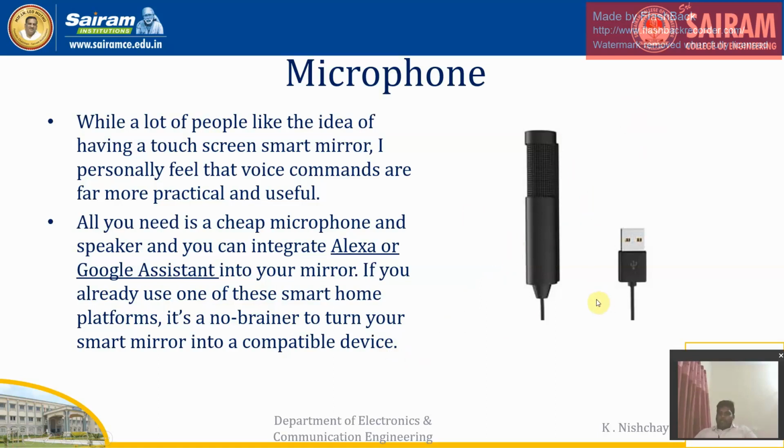Microphones are attached to the Alexa or Google Assistant at the backside of the mirror, with a short cable so that there will be no clumsiness. The microphone will be attached at the top of the mirror. Whenever a user starts to give a task to the mirror, the microphone can listen to the command and go for a further step.